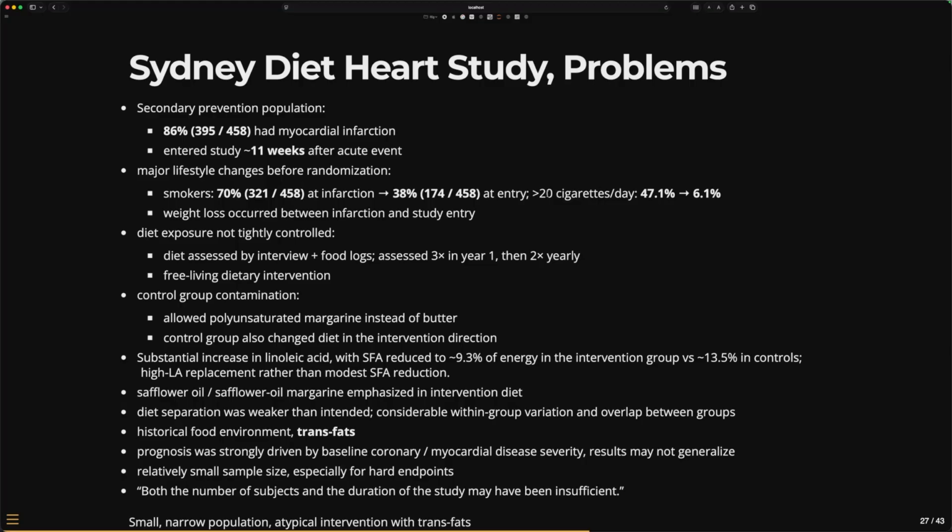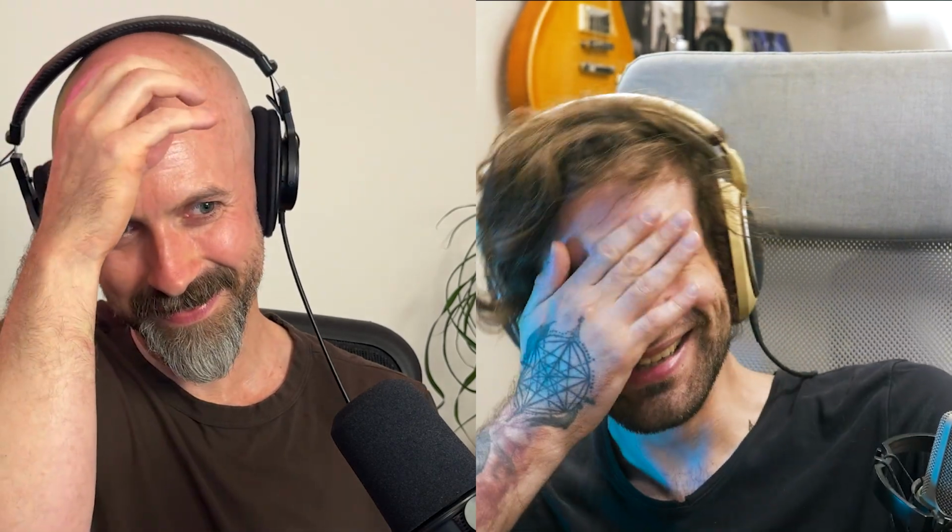And what's the 47? That's just people who smoke 20 cigarettes or more a day. Before was 47%, and then after 50%. I know, it's a lot of cigarettes. Half of the people, more than 20 cigarettes a day. Then I can see why the fat isn't their biggest issue. That definitely would have a stronger effect on heart attacks than the little reduction in saturated fat.